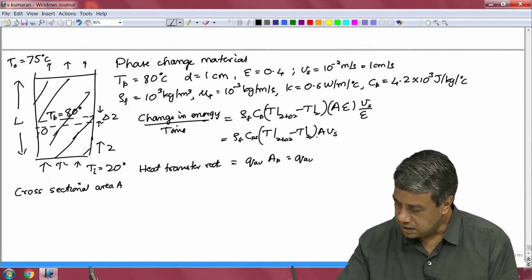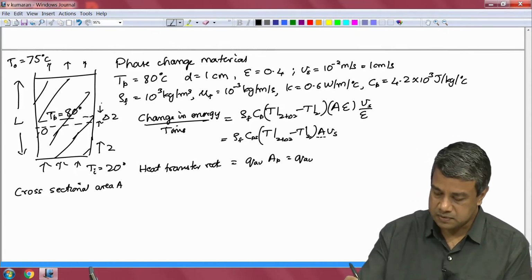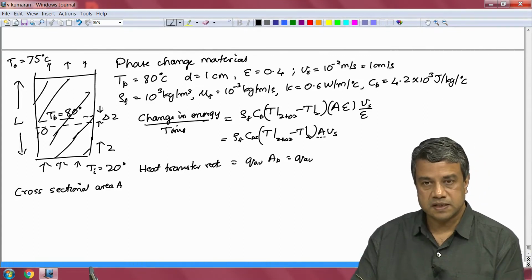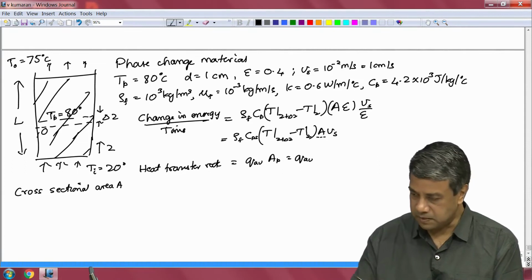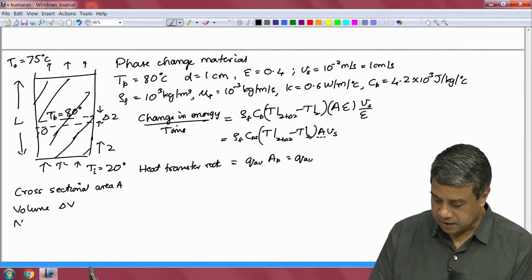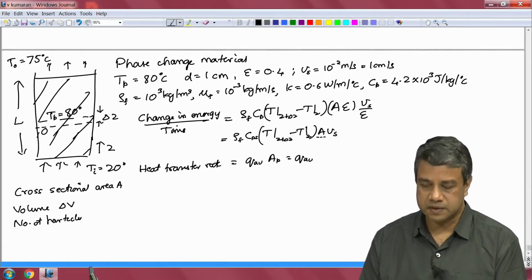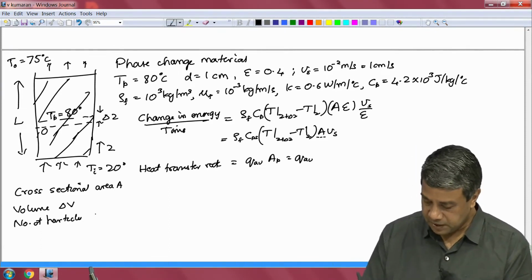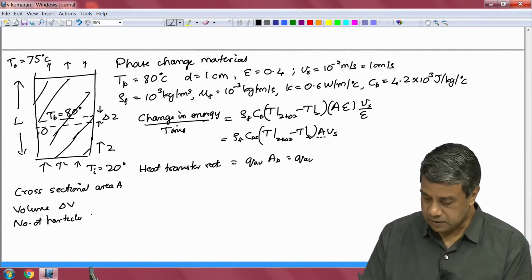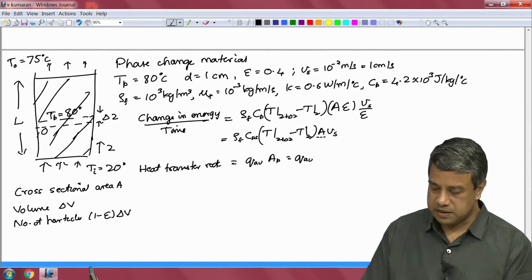Note that A is the cross sectional area of the bed, whereas AP is the surface area of particles within this distance delta z. So if we take a volume delta V, the number of particles within this volume is given by the volume of the particles, which is going to be equal to 1 minus epsilon times delta V, okay. The total volume of the particles within delta V is 1 minus epsilon times delta V,